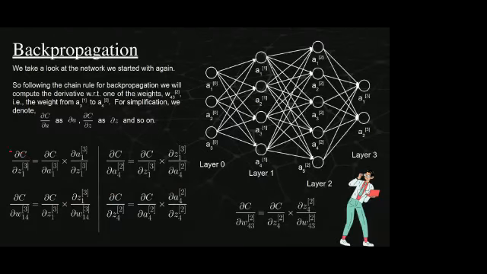For that, we use the value we already found out right here, and we multiply that with this term, which we get from differentiating the z of this neuron with the weight that we want to find the derivative of. If you notice a little more here and here, you'll find that you get a pattern. It's essentially the same equation, just that the subscript and the superscript change.